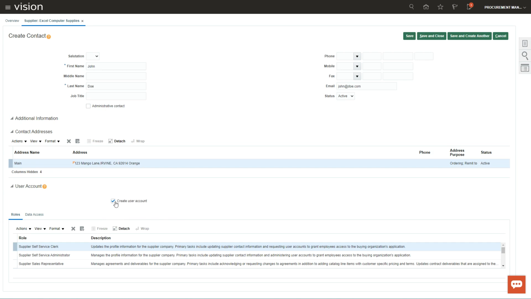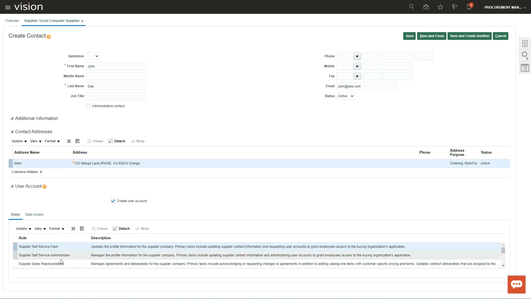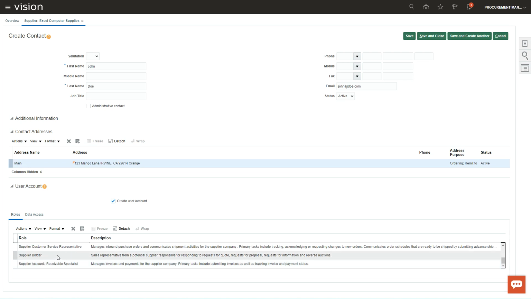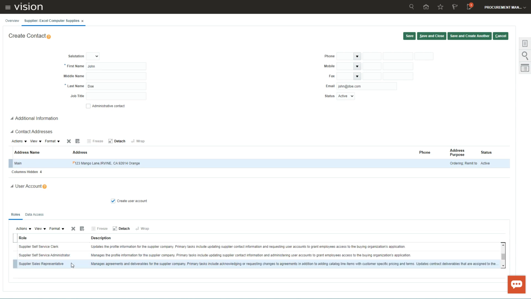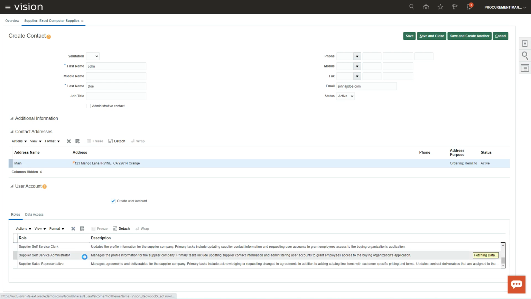As soon as you say create user account, by default, all the roles which are assigned to your supplier user in your setups get automatically assigned to this, and then you can pick and choose to remove what is not to be granted. Let's say you don't want this person to do customer service, then you can come here and delete that role.